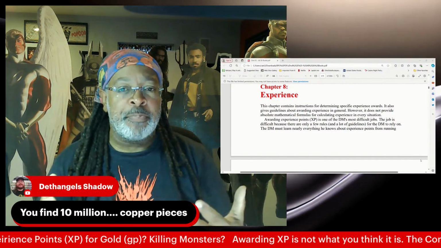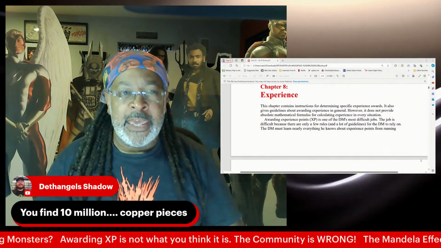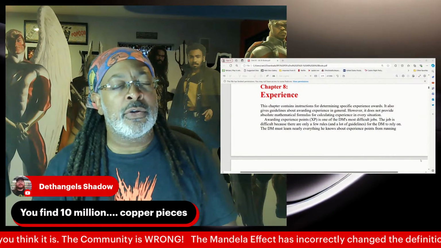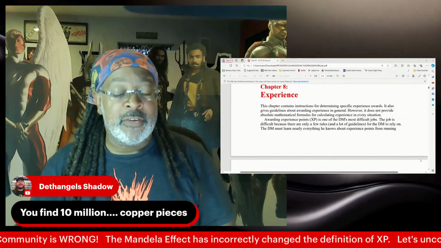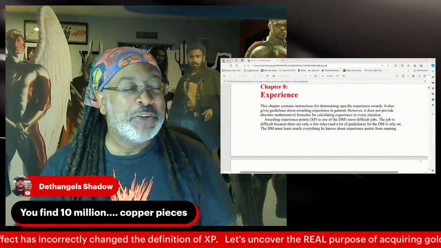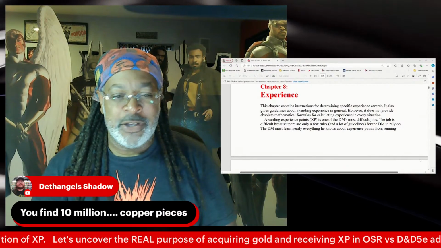So platinum was spent to buy warships and armies and build castles, and electrum pieces were the purview of the black market. So silver was normally the accepted one. But yeah, you could find 10 million copper, but how would you move it? Where would you put it, right?